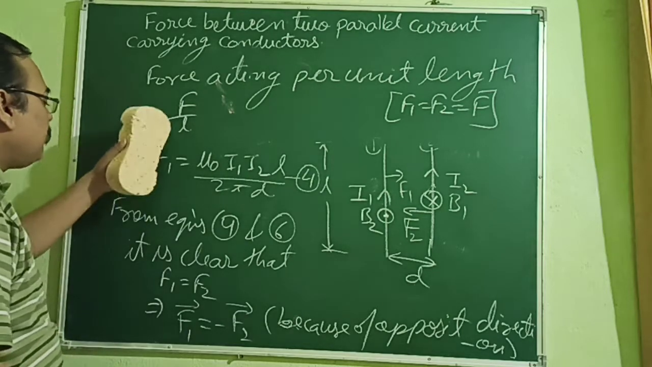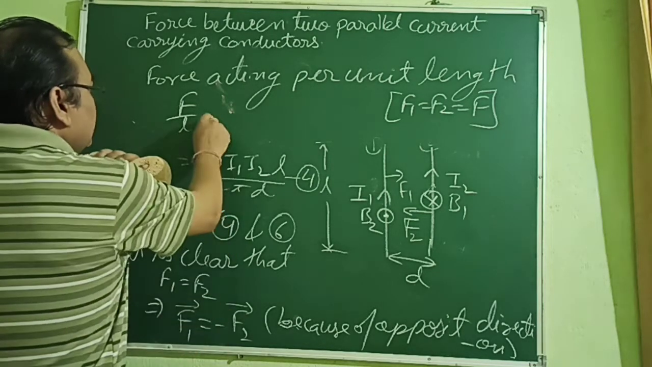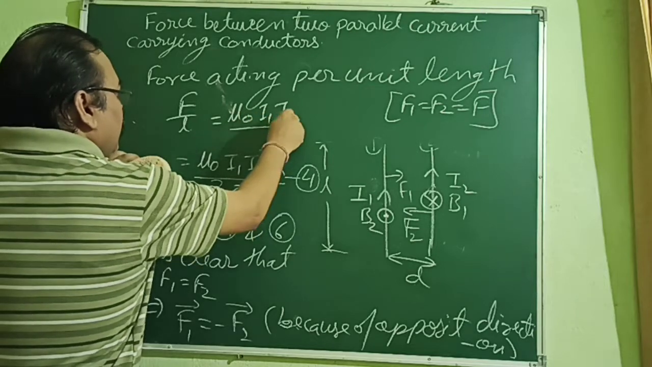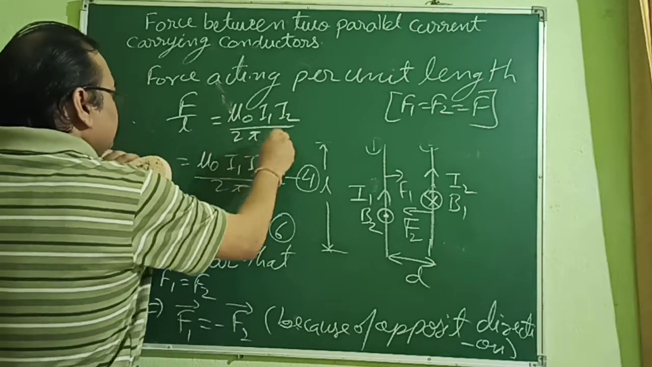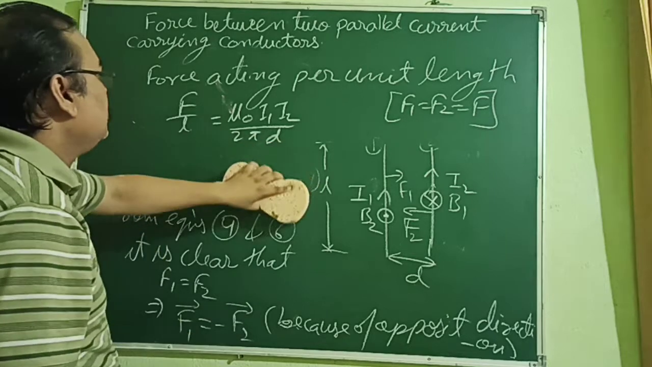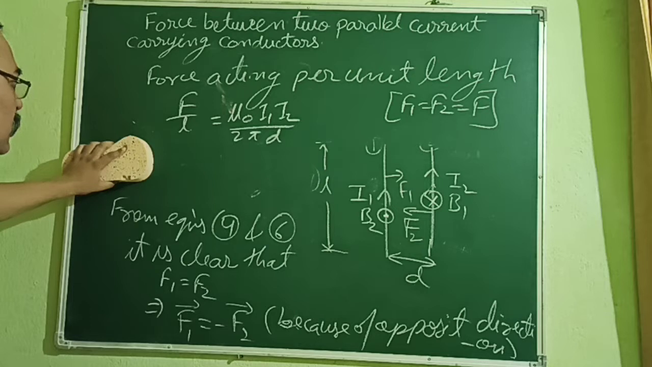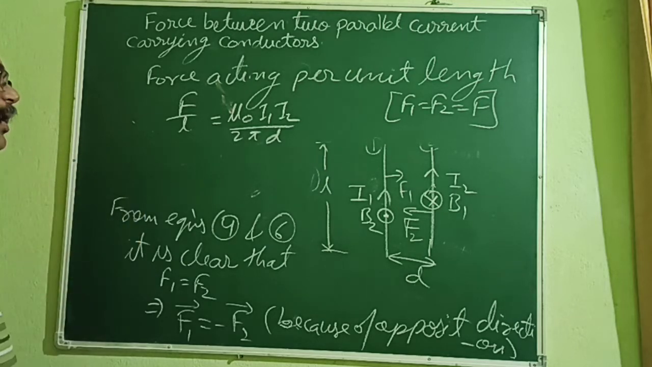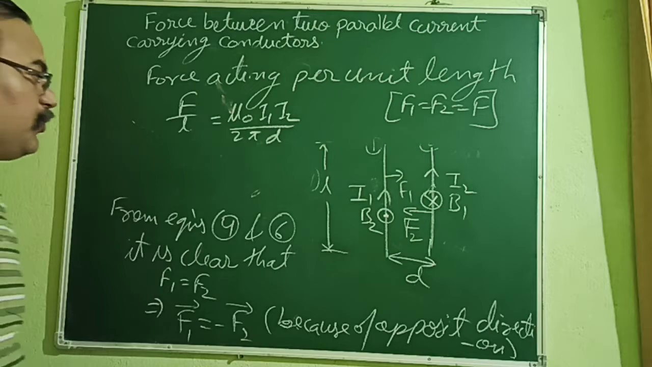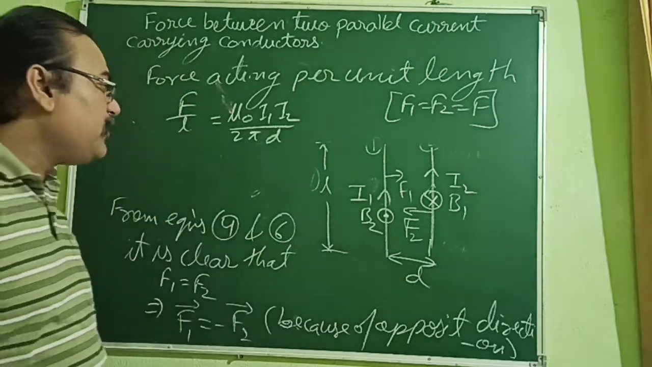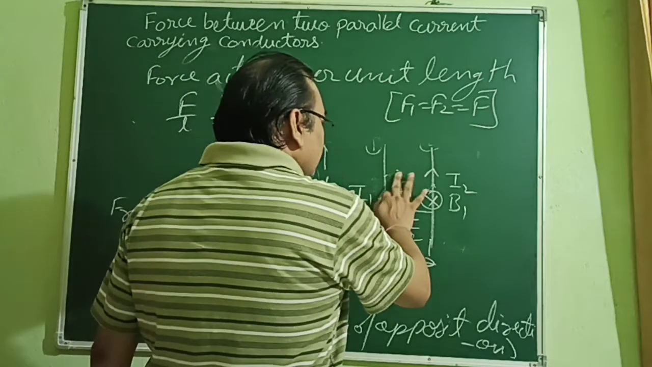Now what we can do? F upon L is how much? We will get mu naught I1 I2 upon 2 pi d. And this is the expression for force acting per unit length of a current carrying conductor. Okay. When two conductors are placed parallel to each other. Okay. Now, what do you feel this force is? It is attractive, but when the direction of current is reversed,